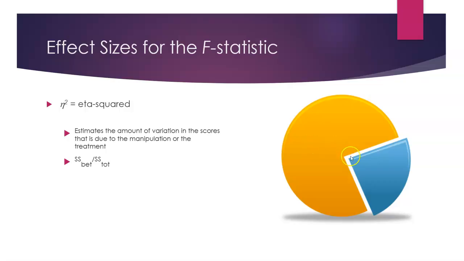So one of the things that we want to find out is to what extent or what percentage of that variation in test scores can be explained by our independent variable, right? So in this case, we can think of our studying might be our independent variable, right? And eta squared is going to give us an estimate of what percentage of the variation, if this is 100% of the variation, can be explained by knowing how many hours the person studied. So just for grins, to give you an example of this, imagine for a moment that